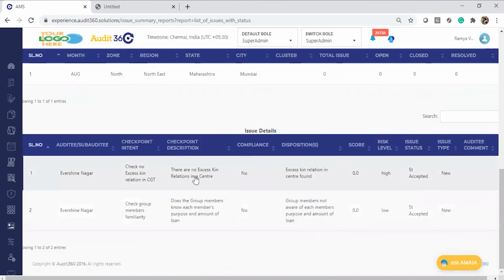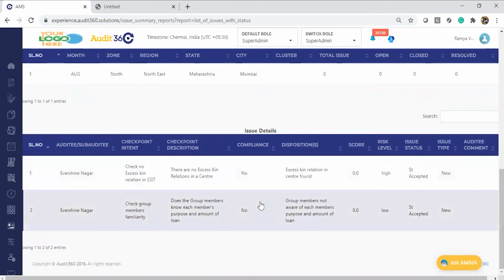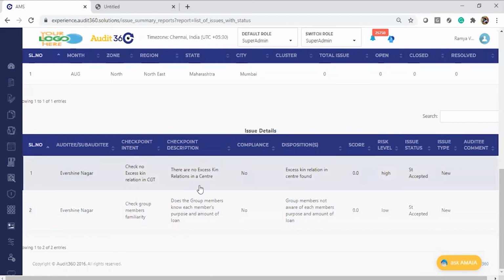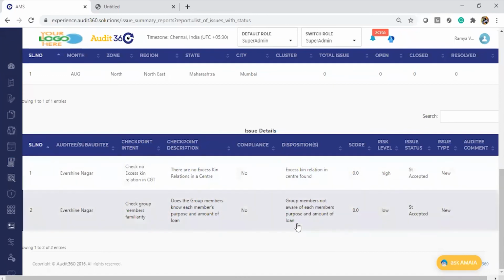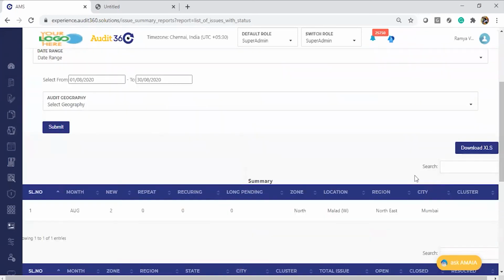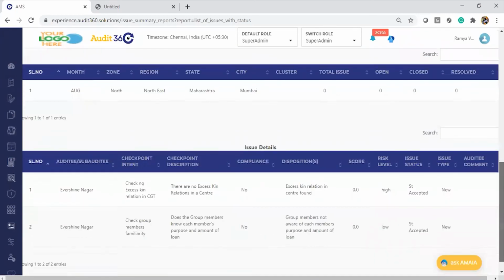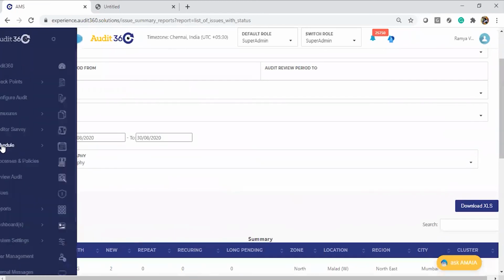And then at the issue level, if you want to know the details at a checkpoint level, which checkpoint it is, what is the description, what is the disposition, then you would have the issue list details also provided. This report is also downloadable into Excel. The summary would also be part of this report.